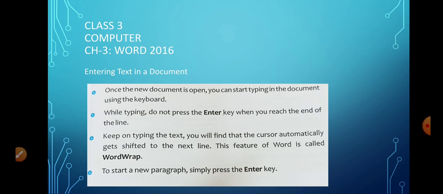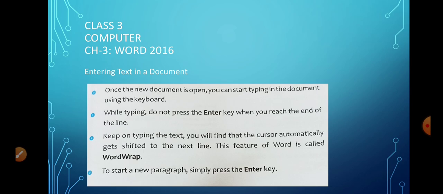There is one example given on page number 35. Type the following: the first line is Happy Birthday, the second one is Dear Friends, then the paragraph follows: I am celebrating my birthday at my residence on 16th of November. You are invited to attend the birthday party at 5 p.m. Kindly reach on time to enjoy the party.